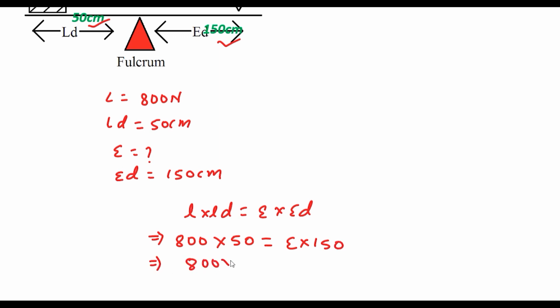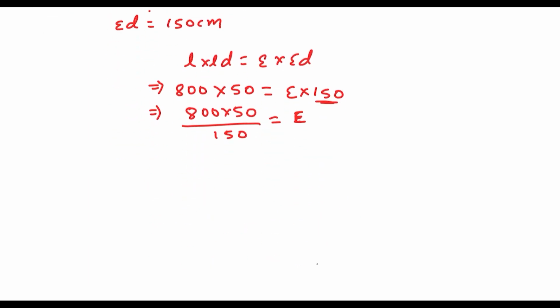So 800 into 50 divide 150. It is in multiplication, so it comes in division, and this is effort E. So multiply 800 into 50 and divide with 150, then we get the value